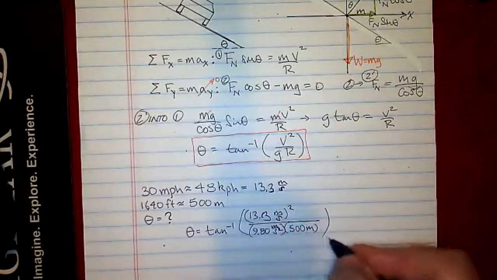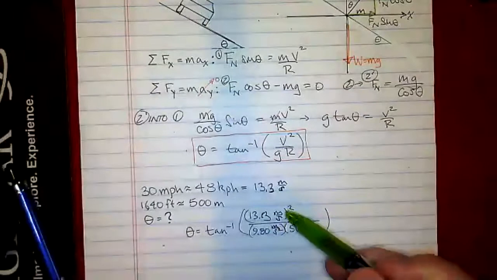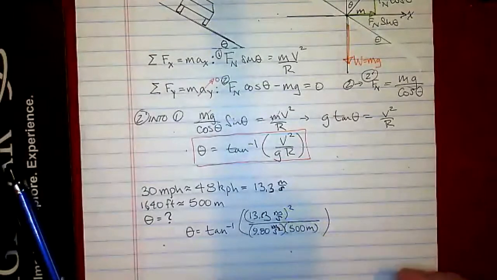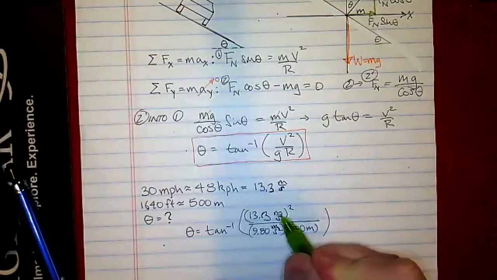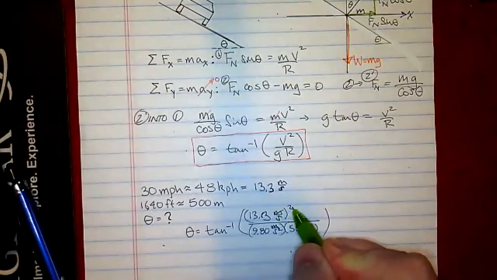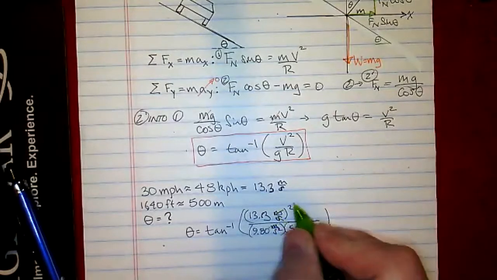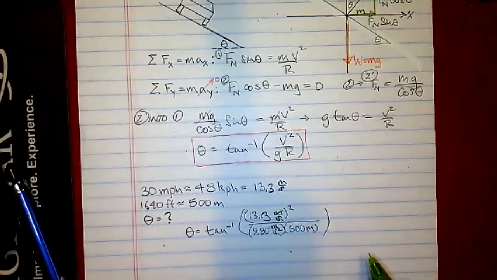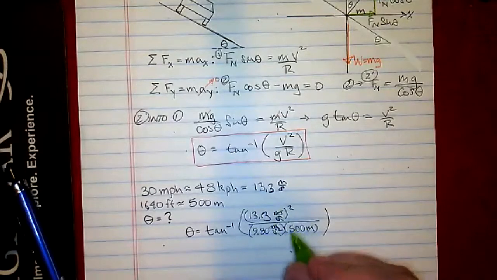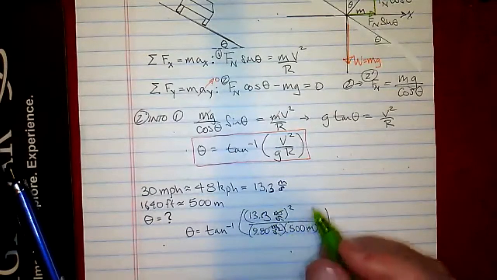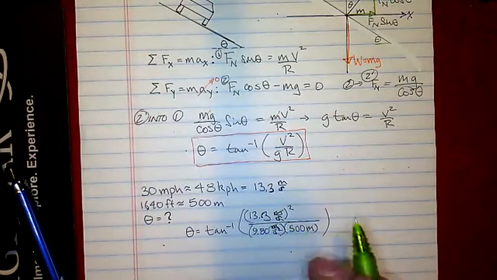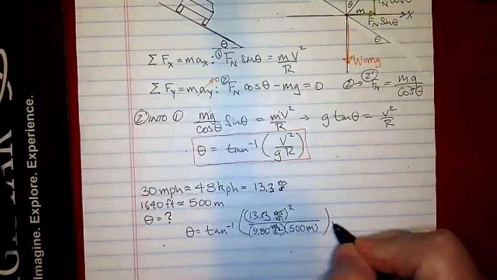So I think you can tell what's going to happen with the units here. This top one, since the square is going to become meters squared per second squared, will cancel out both the meter and the second squared in the bottom. So we end up getting a dimensionless quantity inside the tangent, but that's how it should be. Tangent is opposite over adjacent, which generally means two side lengths divided by each other, so they should actually have no units. So when we actually do this, we get the inverse tangent